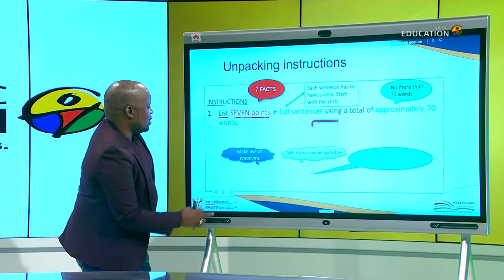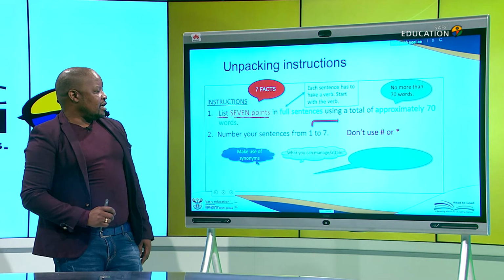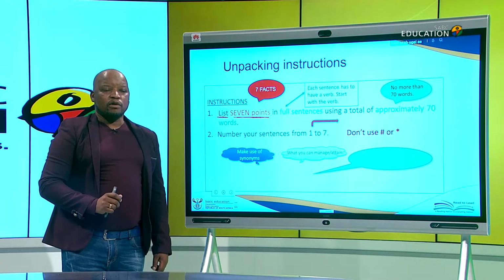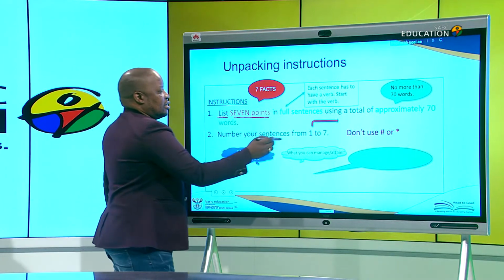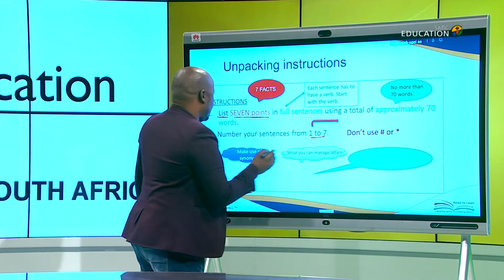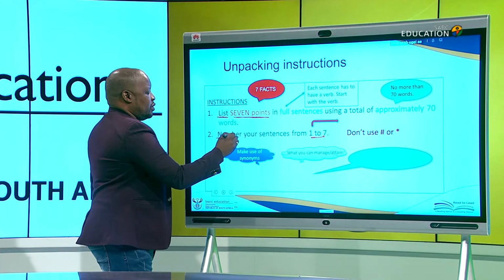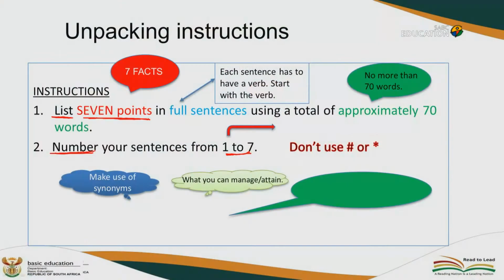Let's go to the second instruction. It says, number your sentences from 1 to 7. This is what we mean when you say number. I mean, we are doing maths literacy, or you are doing pure maths. Or people say it's a maths with a surname. So all of us, we know how to count. So you're going to write 1 as in 1